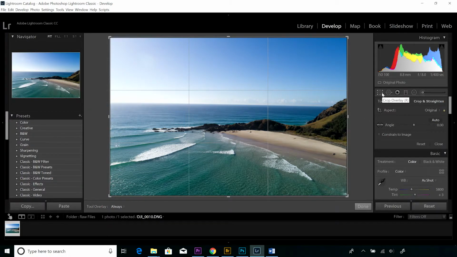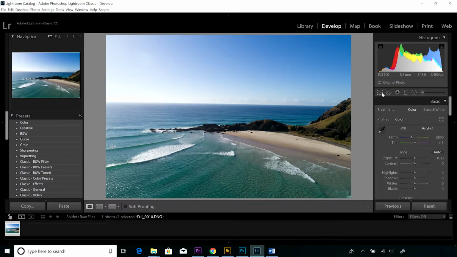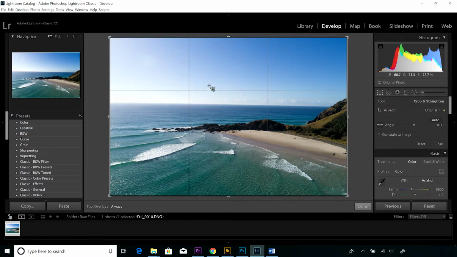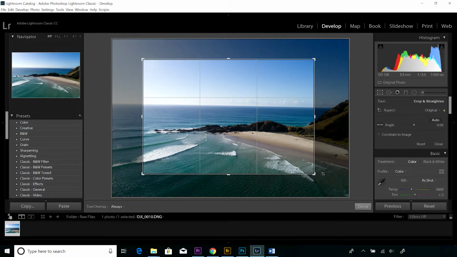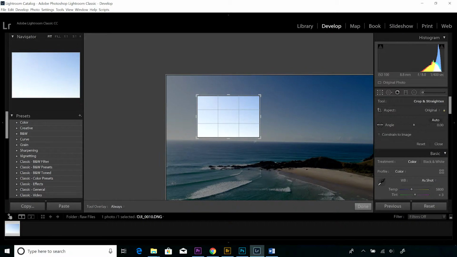I've just clicked onto the crop overlay tool, which the shortcut is R. Obviously, if you want to deselect that crop tool, then you just click the same tab again. So I'll just click on that, and initially if you would like to adjust the crop, you can see that the crop little icons or drag points have appeared around the image, and if I just click on and drag one of those or a couple of those, you can see that I can adjust the crop for this image